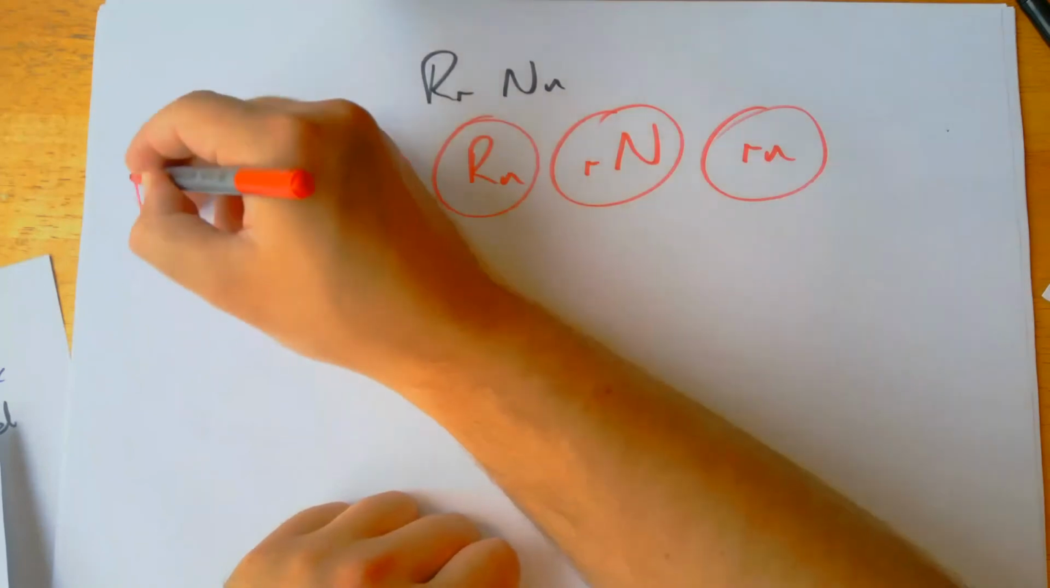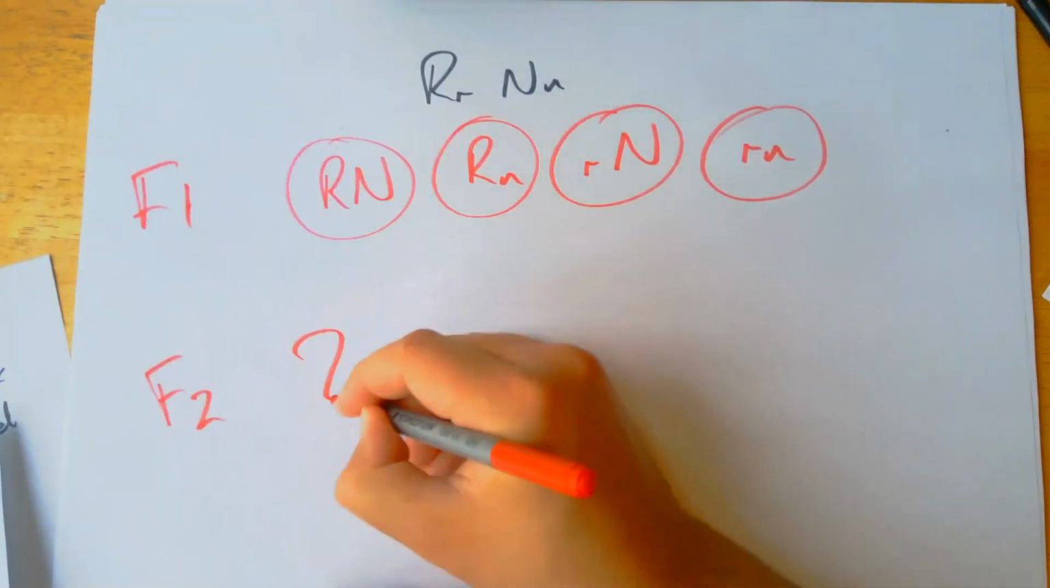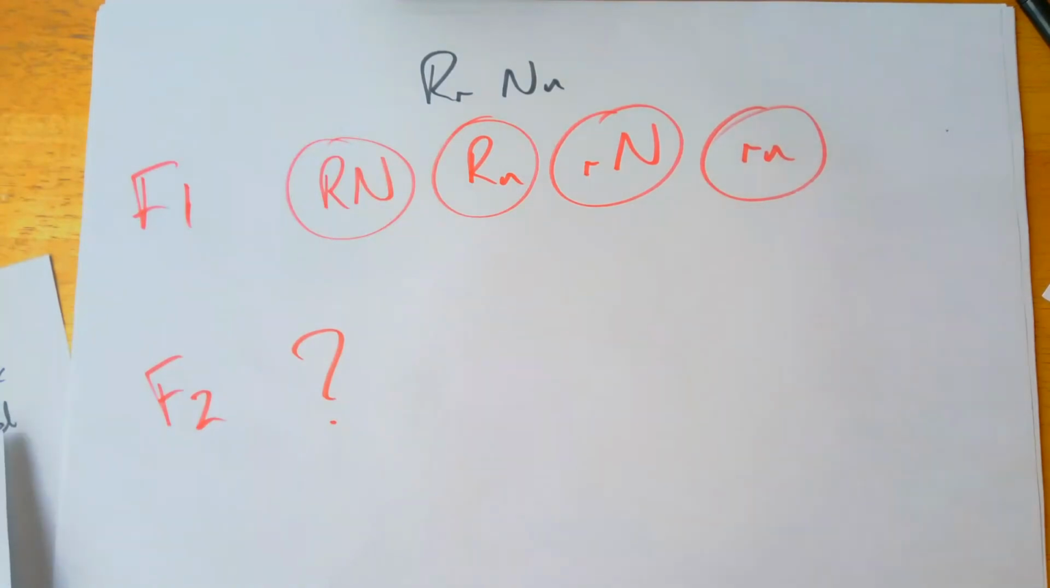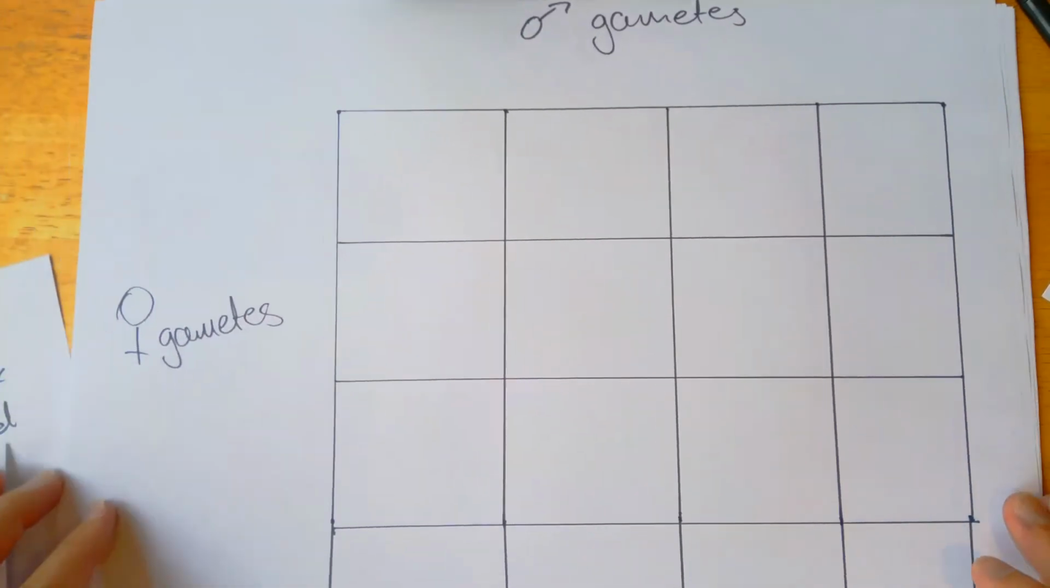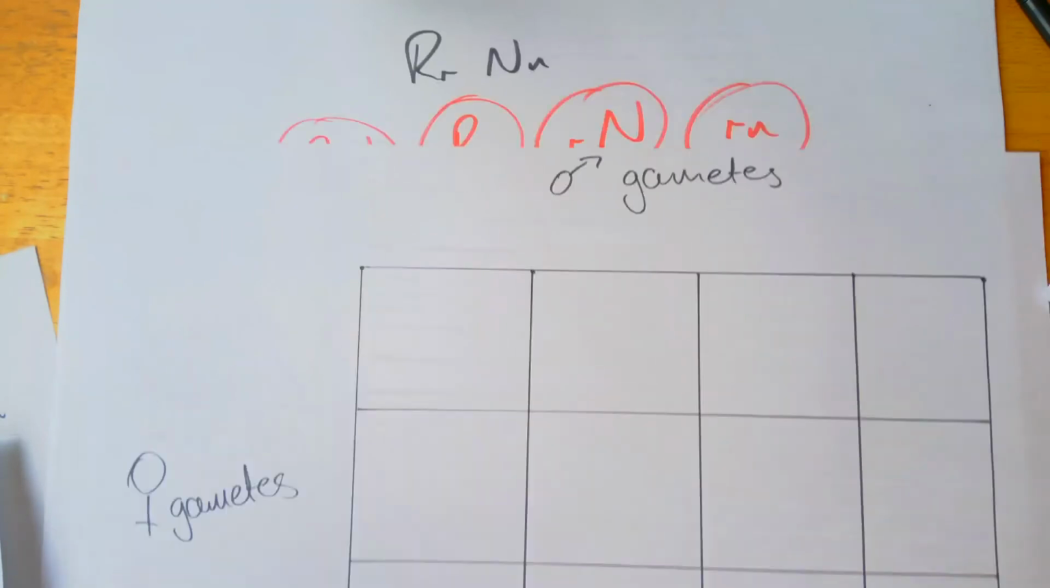So these are my F1 gametes. How do we find the F2 offspring? How are we going to find the probability of the F2 offspring? For that, we're going to need a mega Punnett square. And I feel like Neil Buchanan having pulled that out, but still. What we're going to do is